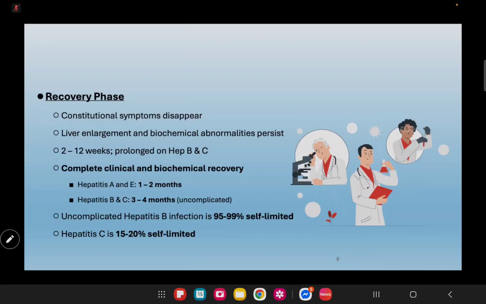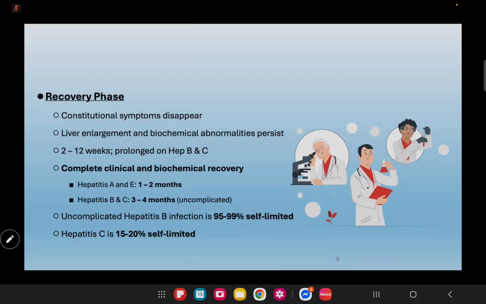So complete recovery usually occurs within 1 to 2 months for hepatitis A and E. Okay, appreciate this one. Hepatitis A and E may recover within 1 to 2 months, while 3 to 4 months in uncomplicated hepatitis B and C. Note that 95 to 99% of uncomplicated hepatitis B are self-limited, while only 15 to 20% of hepatitis